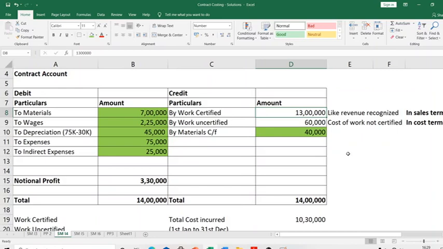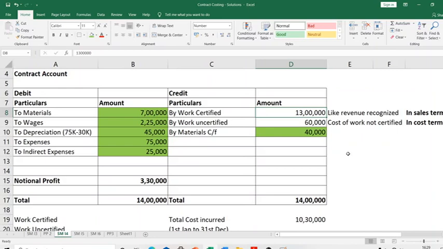It looks like we cannot have a situation like that, because what immediately occurs to our mind is, the year is over. If he had come 1 month earlier, I can understand why there would be work uncertified. He came on the last day, on 31st of December. That means all work is over by that time. Can't he go look around and certify exactly whatever work I have done, maybe 50% complete, 65% complete, 70% complete? Why can't he say that if he comes on the last day?